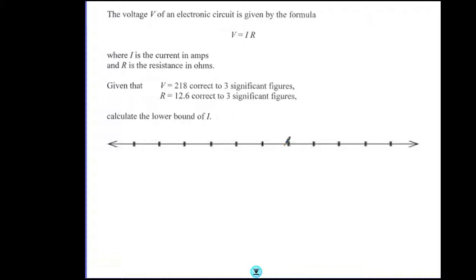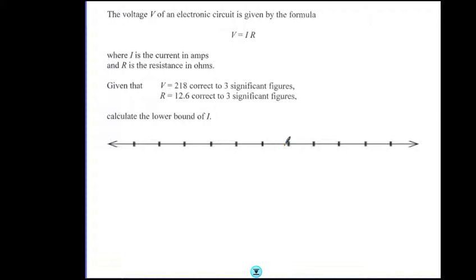Okay, so final question. The voltage V of an electronic circuit is given by the formula V equals I times R, where I is the current in amps and R is the resistance in ohms. Given that V equals 218 correct to 3 significant figures and R equals 12.6 correct to 3 significant figures, calculate the lower bound of I. So first of all, we need to